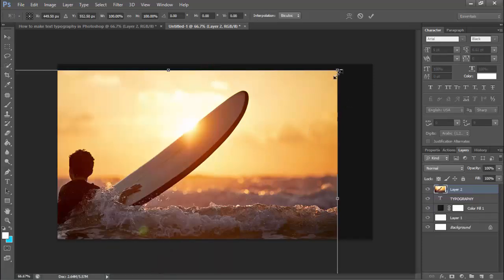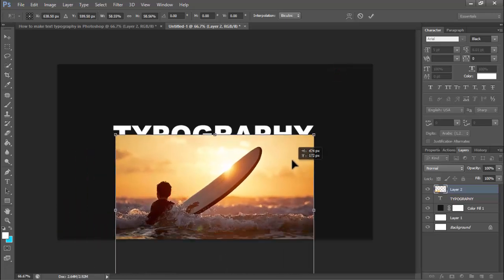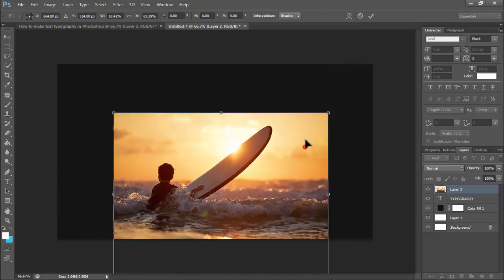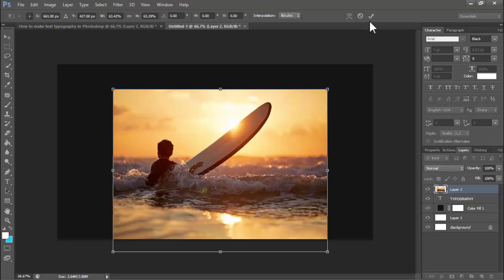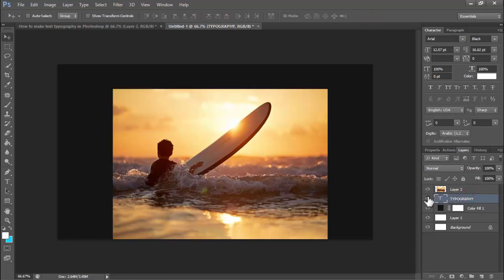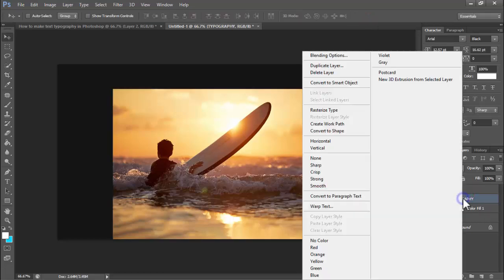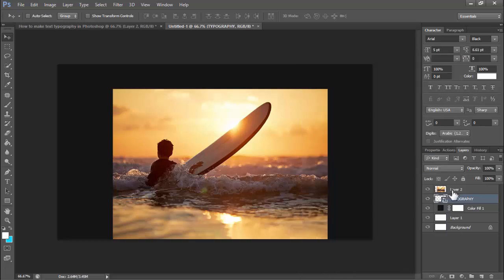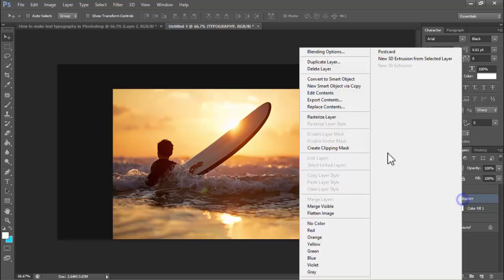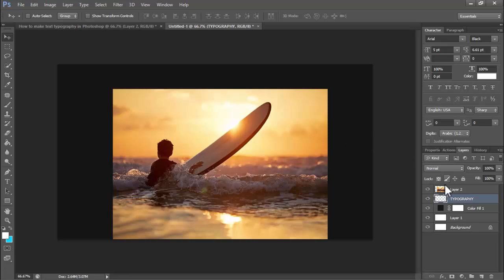Press Ctrl T. And see this text. Right click on your mouse, convert to smart object. Again right click mouse, rasterize layer. Then hold Ctrl, click the image layer,